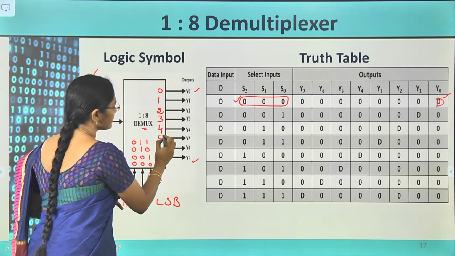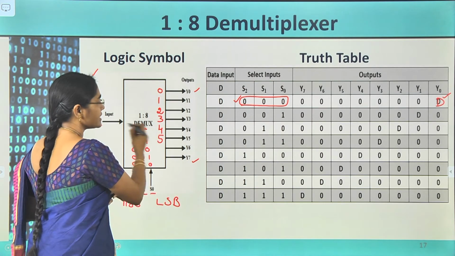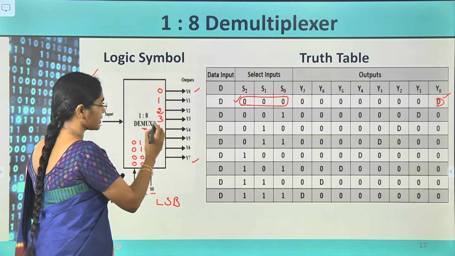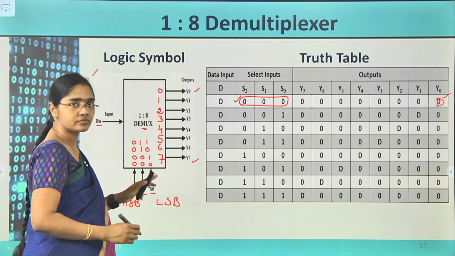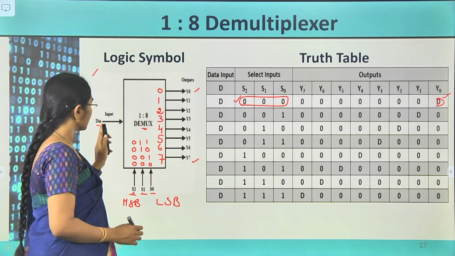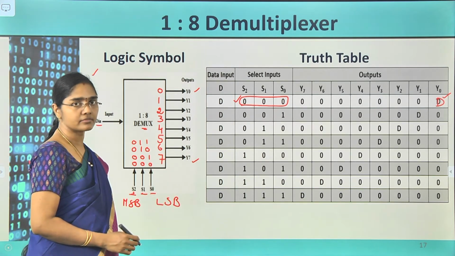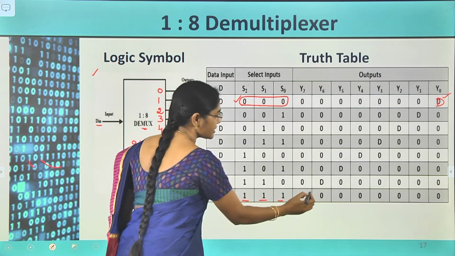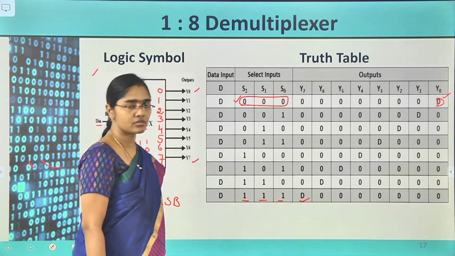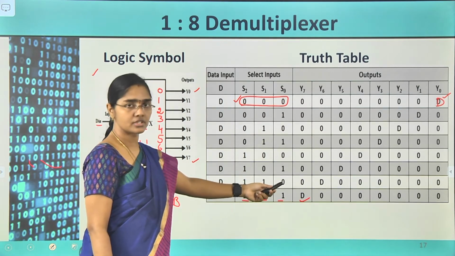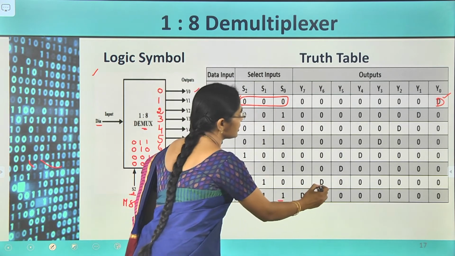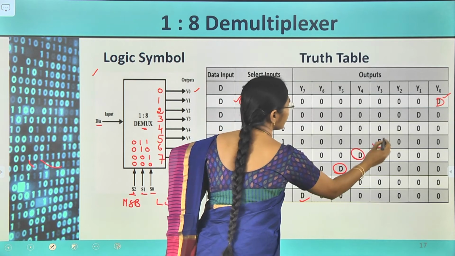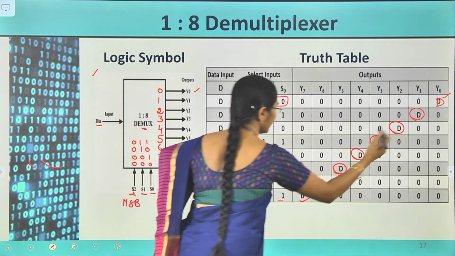When selection signals are 1, 0, 1, then D is connected to Y5, and when they are 1, 1, 0, D in is connected to Y6. When selection values are 1, 1, 1, then D in is connected to Y7. For 1, 1, 1, Y7 is D and all other outputs are zeros. When 1, 1, 0 is the selection lines, then Y6 is equal to D, and all others are zeros. Like that, it is D for each output in turn.